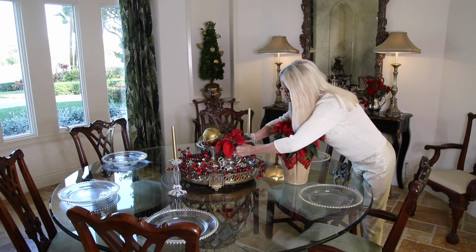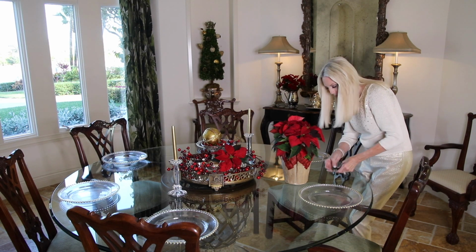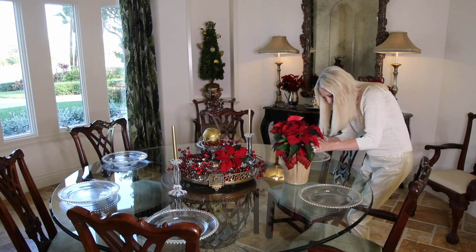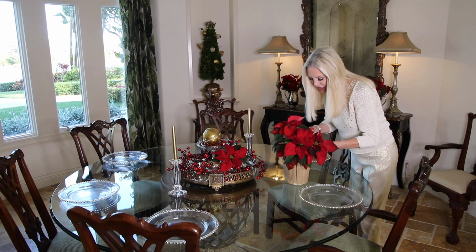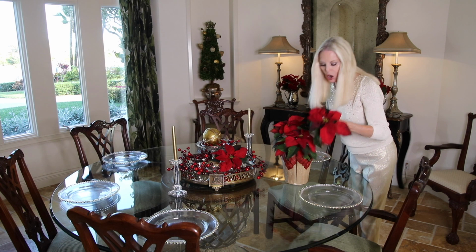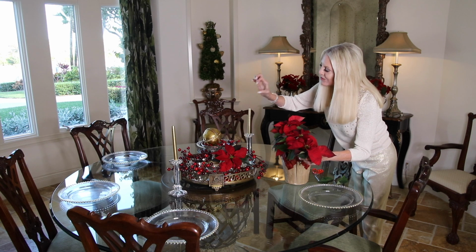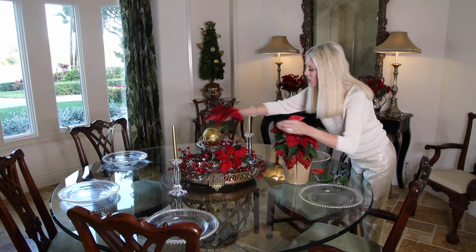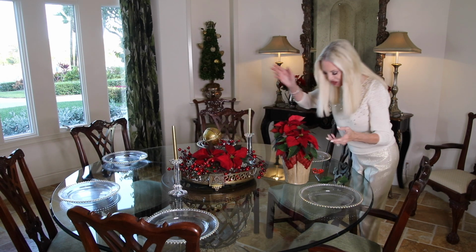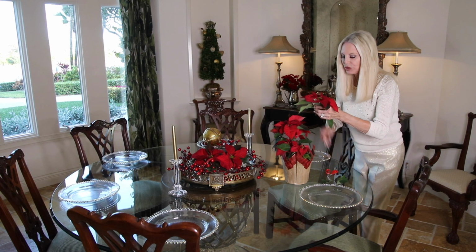Let's see, this one's a little taller. Go with that. Beautiful. And trying to find some that aren't enormous. They did have the miniature flowers, and I almost bought them, but they were very small. The bloom was maybe this big, maybe 2 inches, and it just didn't seem large enough. I probably could have done that and gotten away with it, but these were so beautiful, I didn't want to